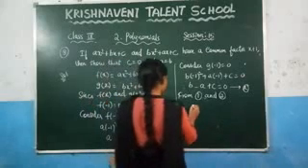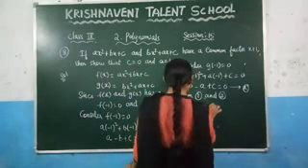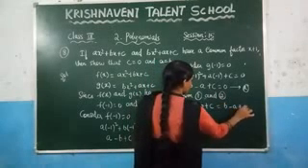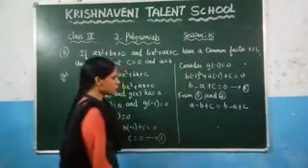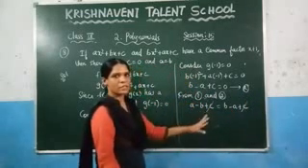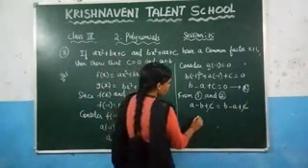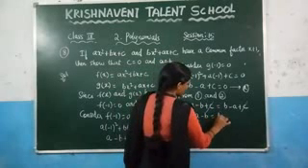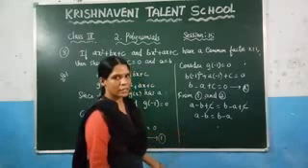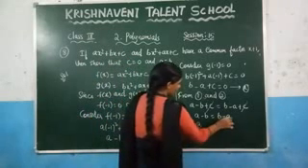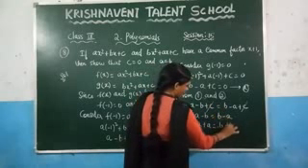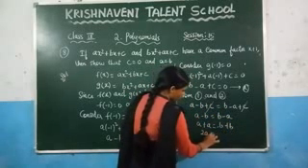After equating LHS, what is the LHS in equation 1? It is a minus b plus c. And here it is b minus a plus c. Now you can observe that here plus c is there and also plus c is there, so they get cancelled. So what is left out here? a minus b is equal to b minus a. Now take all the b terms to one side and all the a terms to one side. If you take minus a to this side, it becomes plus a. If you take minus b, it becomes plus b. So you get 2a is equal to 2b.